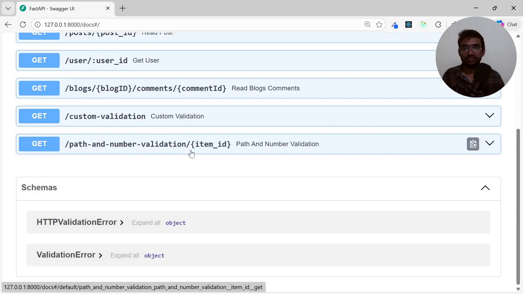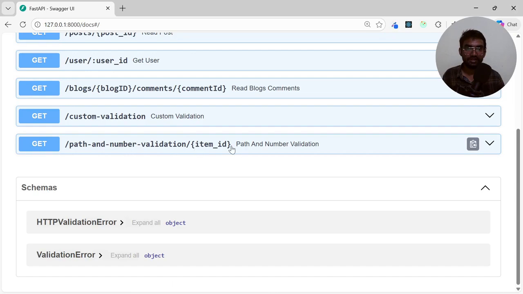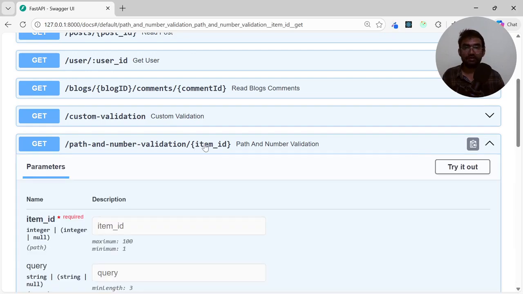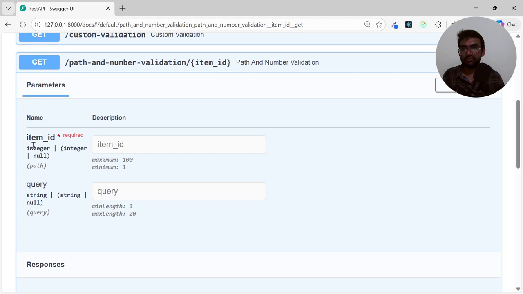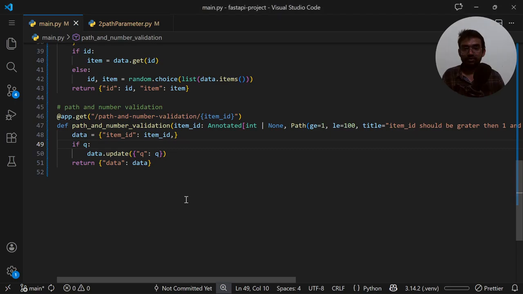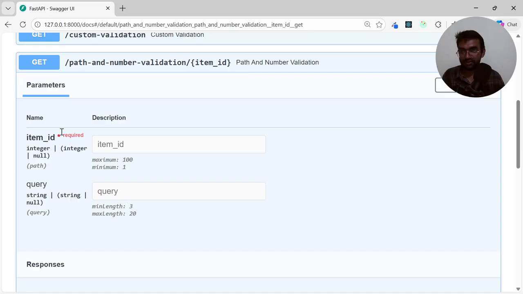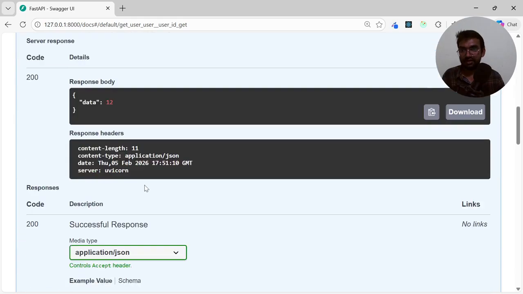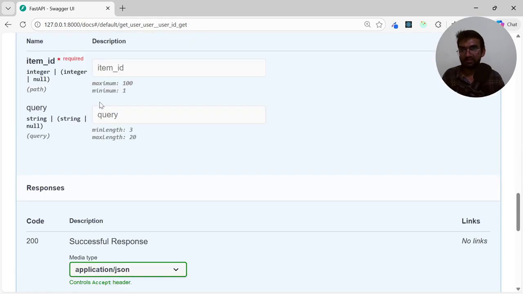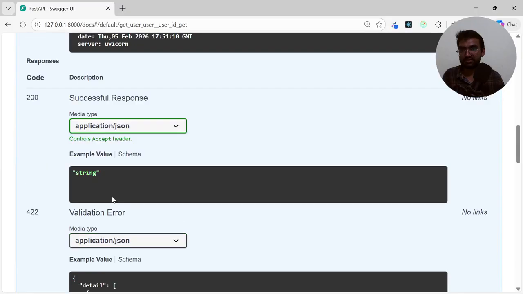As you can see, it also holds a dynamic value. This item id is a dynamic parameter of this path. Apart from this, we also have some query. As you can see, this is the query. And you can see here, I mean you can't see this minimum value or maximum value for any of the other parameters that we had